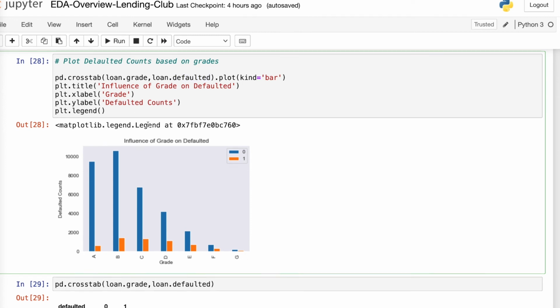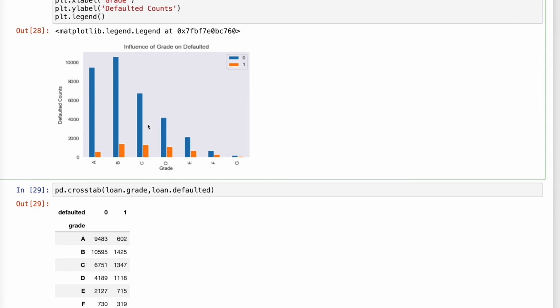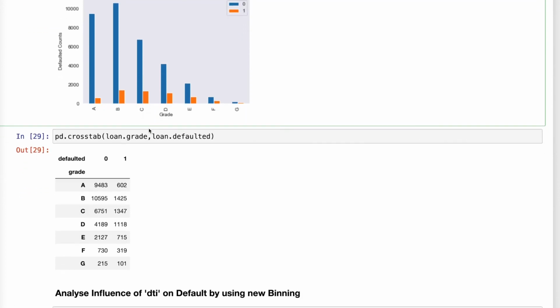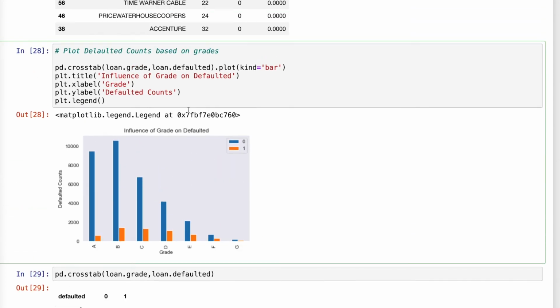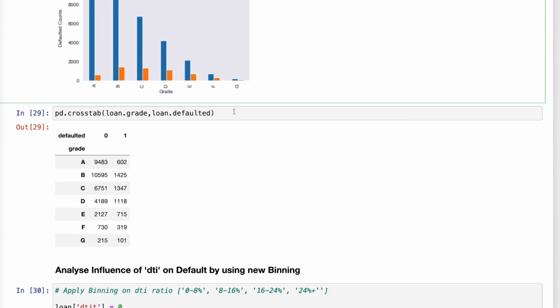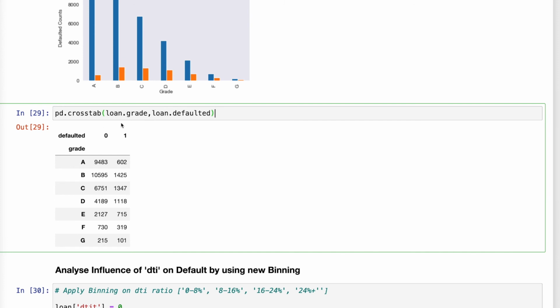What we are going to do is show you what the crosstab does. I have just taken this expression and displayed it here to show what crosstab does. We have taken these two fields from the loan data frame and applied the crosstab function on them. It has created a resultant data frame with two fields, and the two fields are